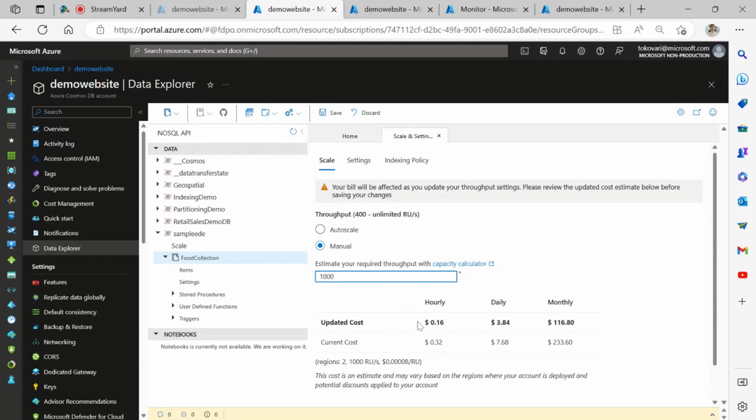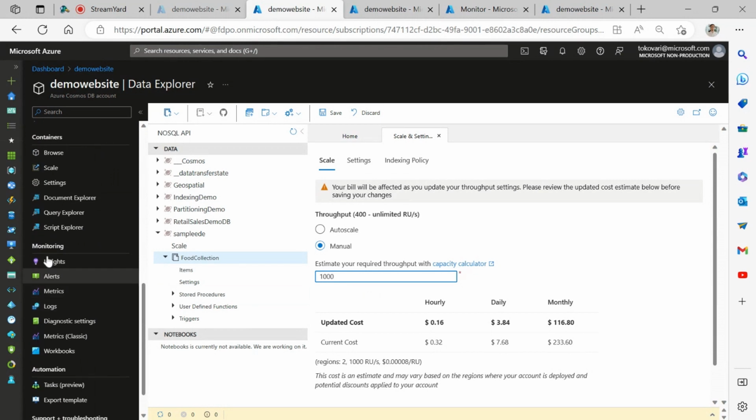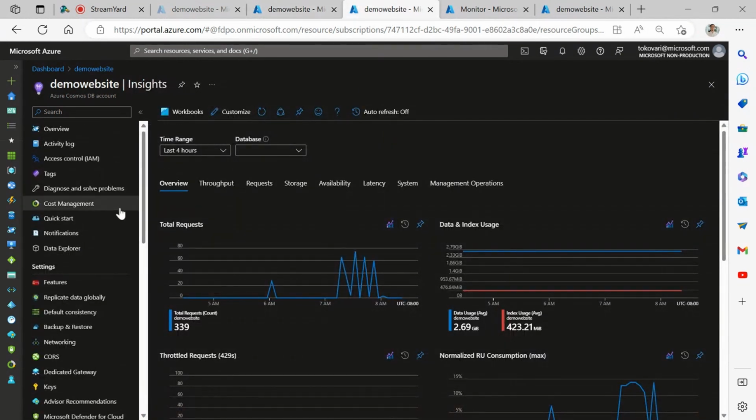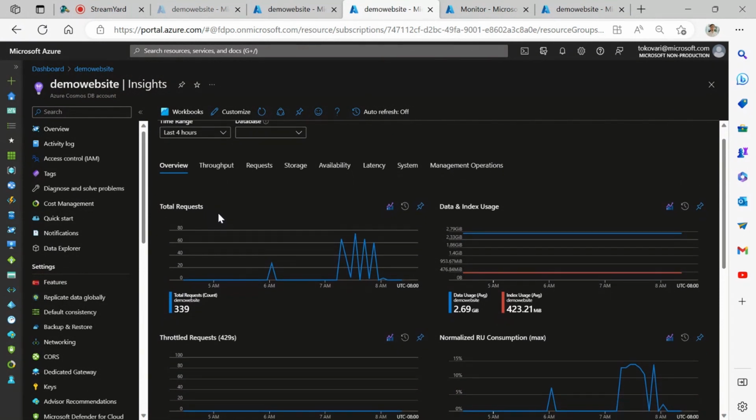But in order to decide which collections might need a throughput adjustment, I need to first find what the utilization is. And the best place to find such information is the Insights pane. The Insights pane provides me with a quick overview of the most important operational metrics for my Cosmos DB account.